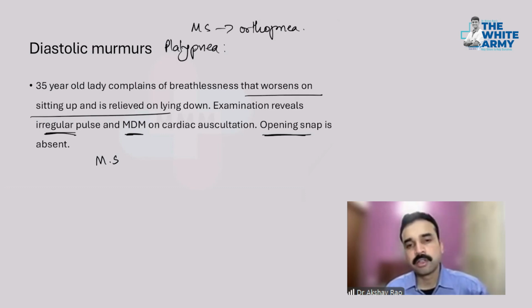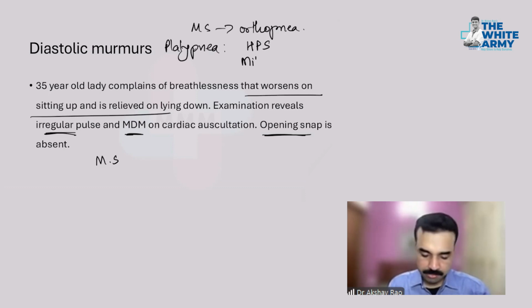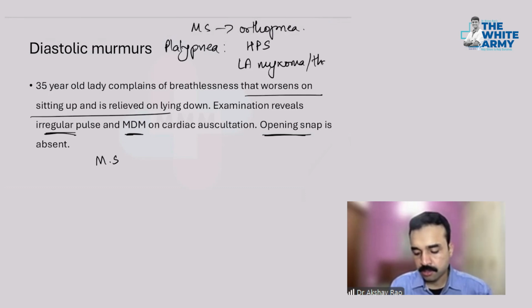Platypnea with regards to the liver can be seen as a feature of hepatopulmonary syndrome. But with regards to the heart, it is a feature of mitral, or rather left atrial myxoma and left atrial ball valve thrombus. So left atrial myxoma or a thrombus. Okay. So now having known this fact, platypnea may be a feature of, so what's happening if this is the